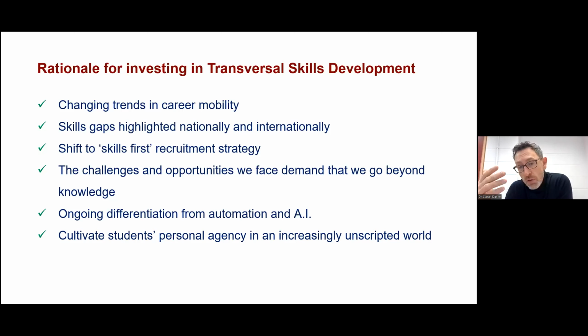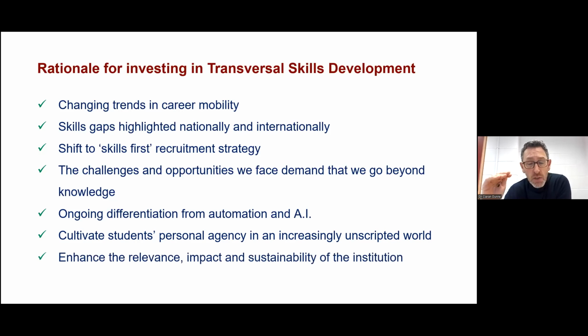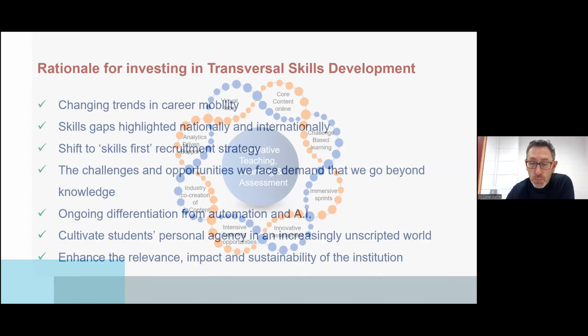And I use the idea of thriving, that we want our students to be able to thrive. And when they thrive, they can impact industry in a positive way as well. My understanding of thriving is that a student has the ability to imagine, to pursue, and to realize a life that they have reason to value and that is of value to their society. And then, as I mentioned already, if an institution focuses and invests in these transversal skills, it enhances the institution's relevance, their impact, and their sustainability within the context of lots of different disruption.